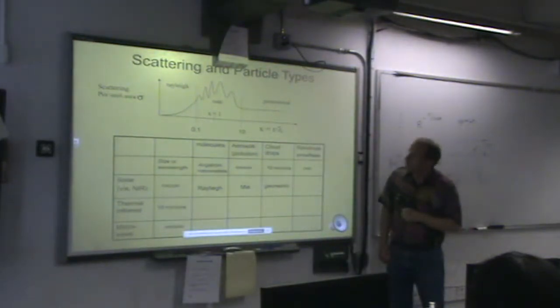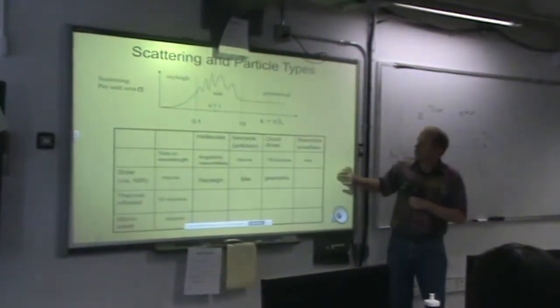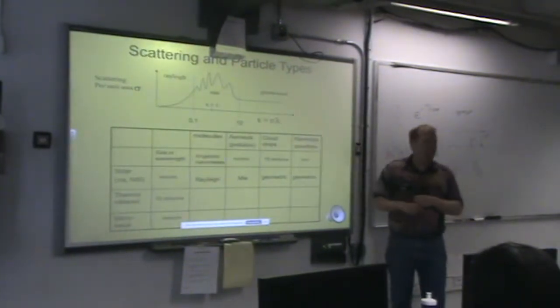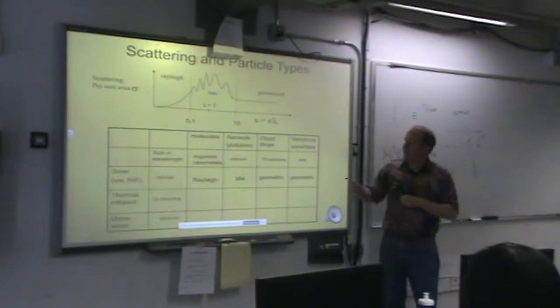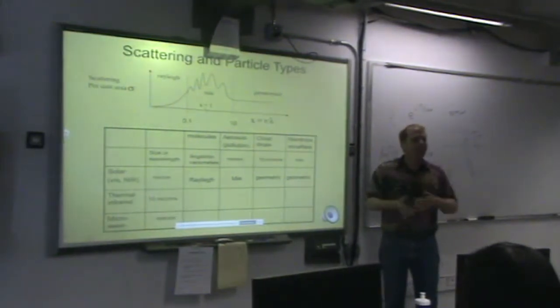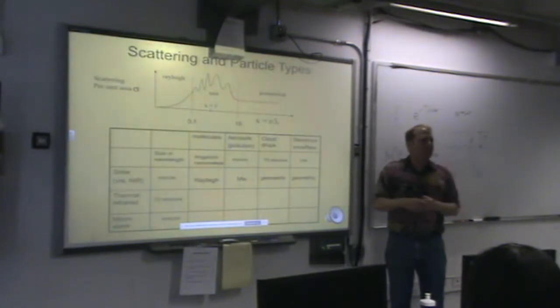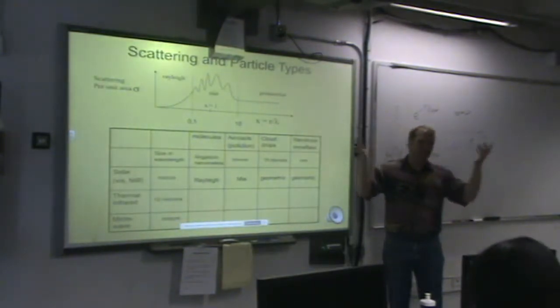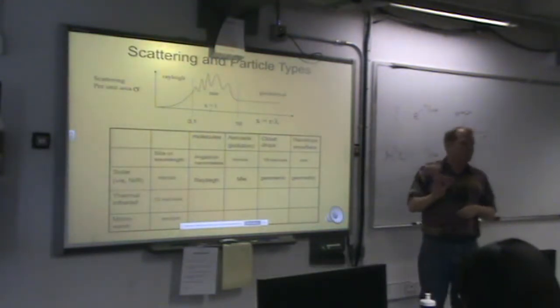Bring that up. Okay. How about with raindrops and solar spectrum? Still geometric. We're definitely getting much larger than the wavelength now. Okay. So if we're looking at clouds and rain and visible light, the amount of scattering is going to be proportional, kind of, to the cross-sectional area. All of these things added together. So of course, I should say the optical depth is proportional to it. The scattering goes as kind of Beer's